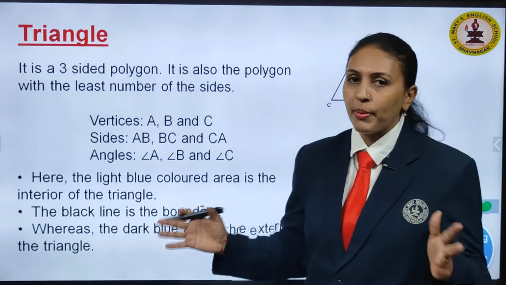Now, a circle also has a few very important parts you need to understand and learn very nicely. So, let us learn step by step the parts of the circle. The very first we have is the radius, children. It is a straight line connecting the center of the circle to the boundary of the same. Radii is the plural of radius. Now, you can see whenever you draw a circle, children, whenever you place the compass, you get a small point here. That is the center of the circle from where we draw the round figure, that is the circle.